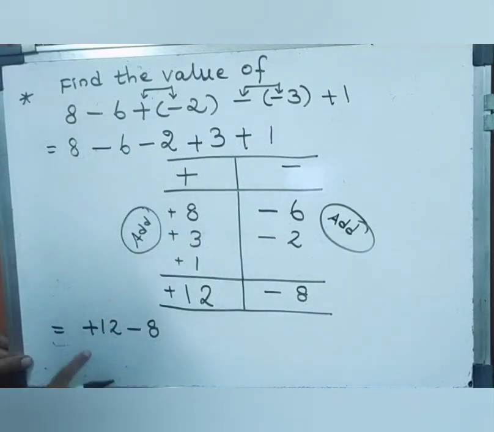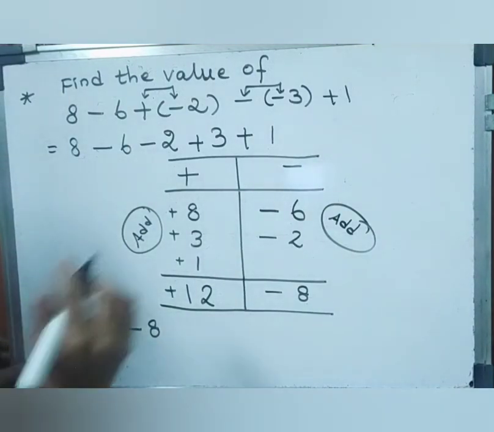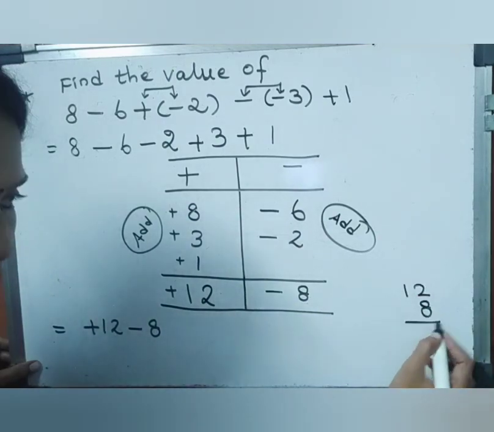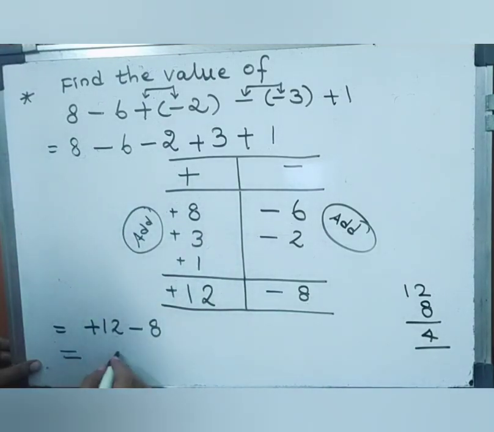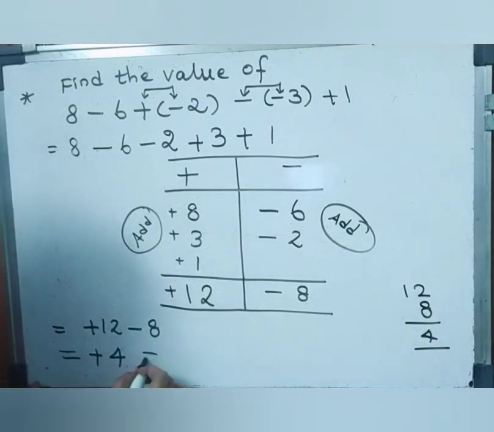What is the rule we have to apply? Check same type of integers or different type of integers. One is positive, another one is negative. Different type of integers we are having. So different type, we have to go for subtraction again. So 12, ignore the sign, 12 and 8. Subtraction answer is 4. So the answer is plus 4. Wherever we are writing positive integers, you need not mention the sign here. So it is nothing but 4.